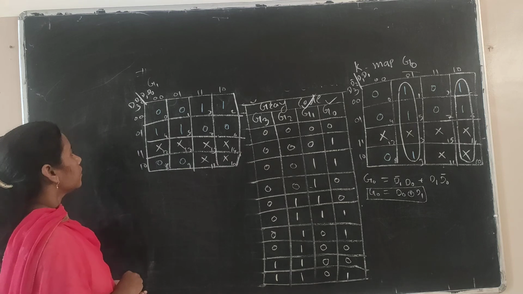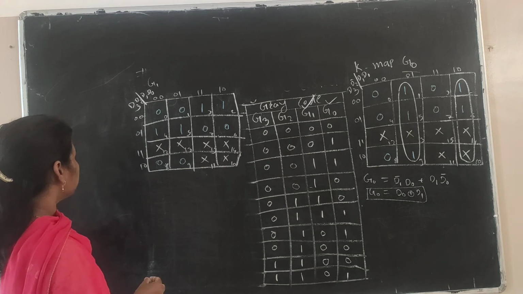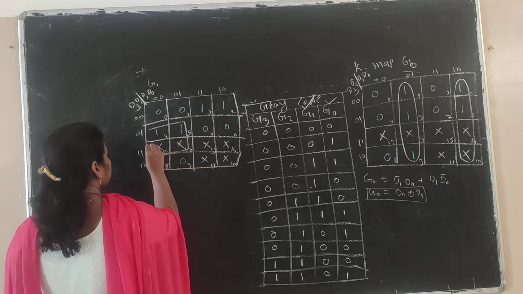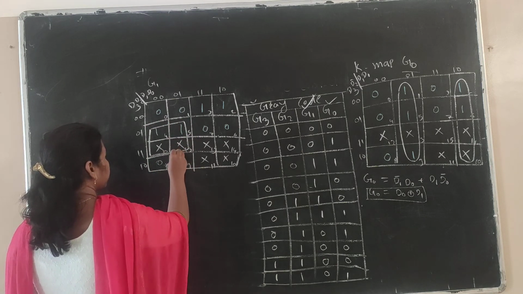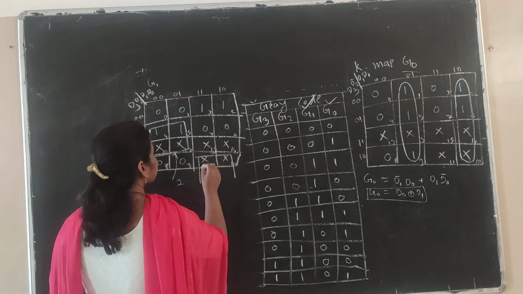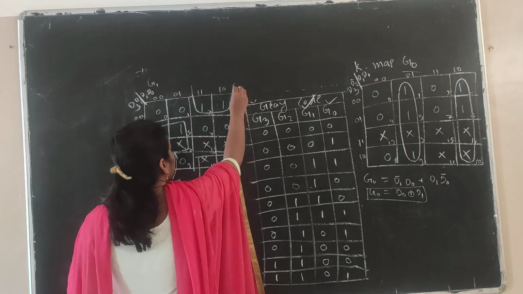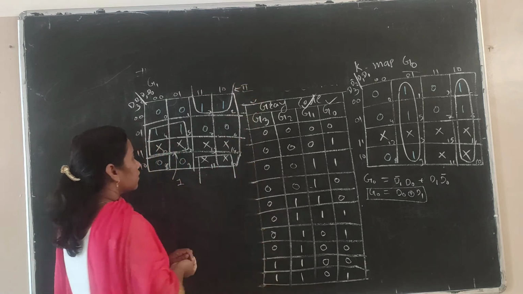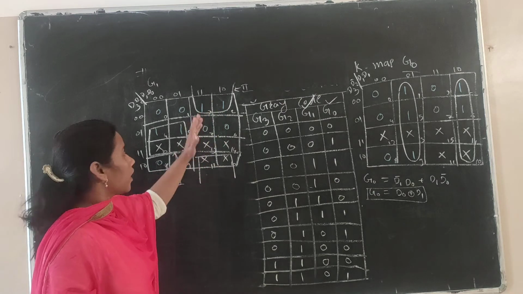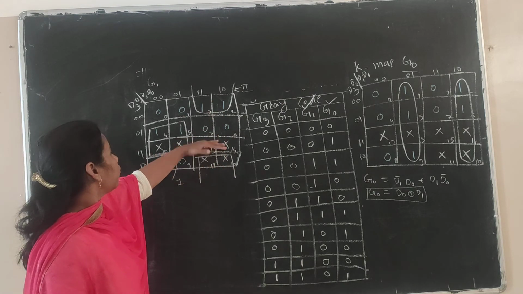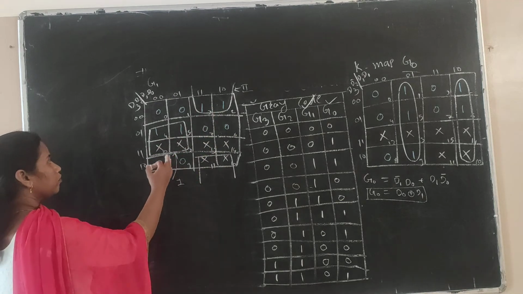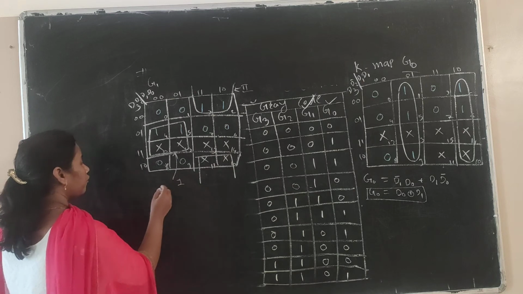Now there is a grouping. Here grouping of these four as a group first and this one as a group second, because these are adjacent, these 1 and 1, there is a grouping of 4 as a column. That's why when we fold, these are on each other. That's why we can take a group of 4, first group and second group of 4.